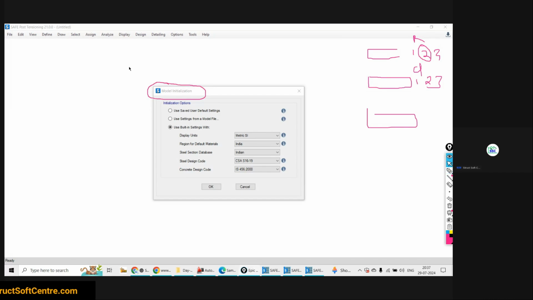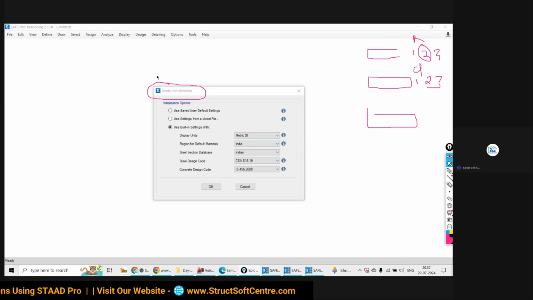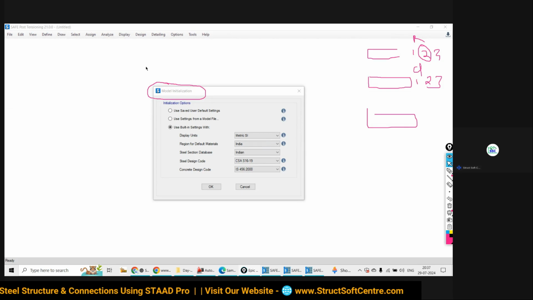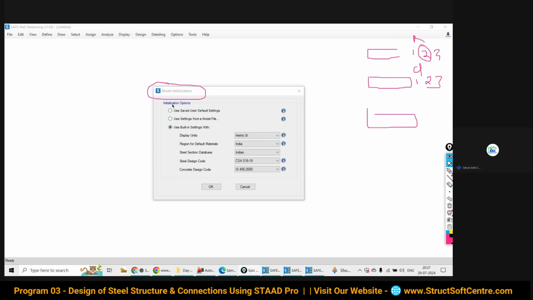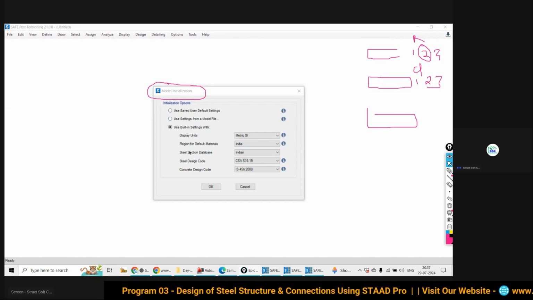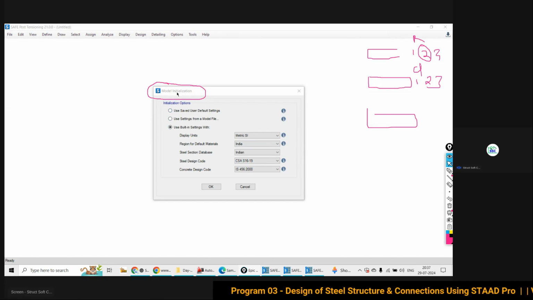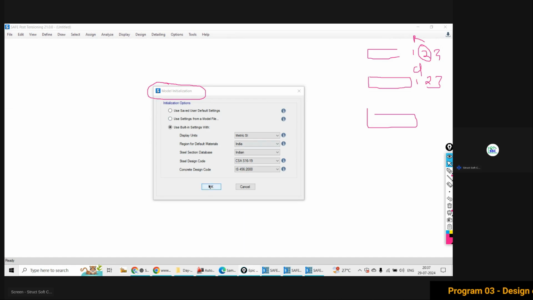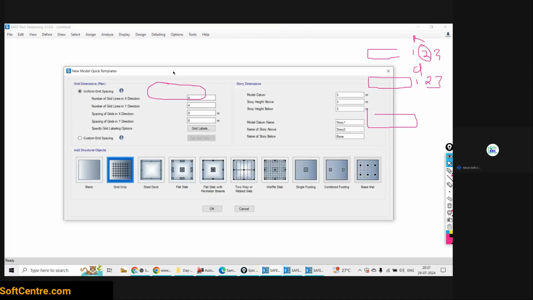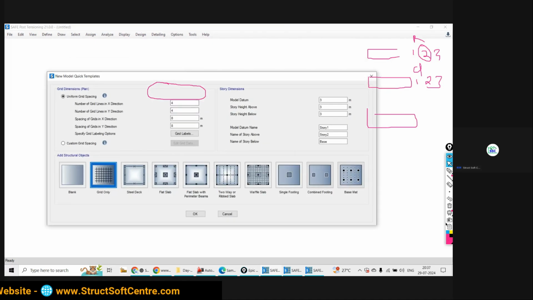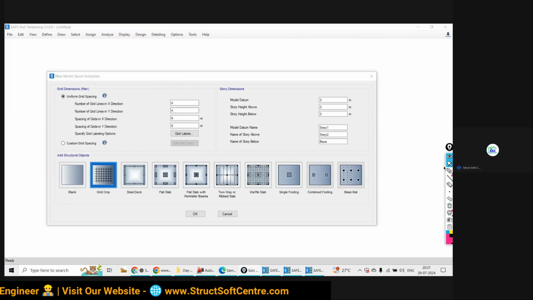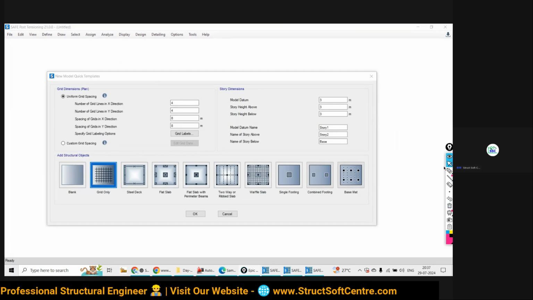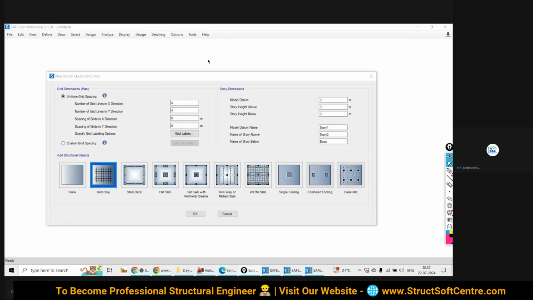This is the second option, second stage. The first stage is what? You will have the welcome screen. After that you have to initiate a new model, and in new model you will learn this model initialization. Now the third stage will be what? When you are going to click OK. Once you click over the OK, you will have this dialog box. That is what? New model quick